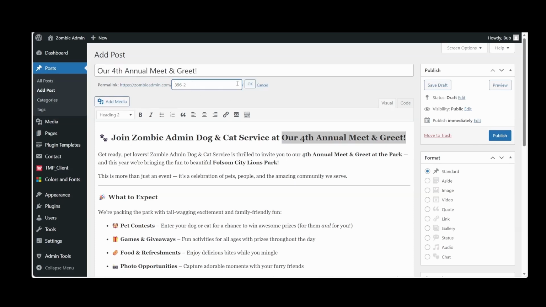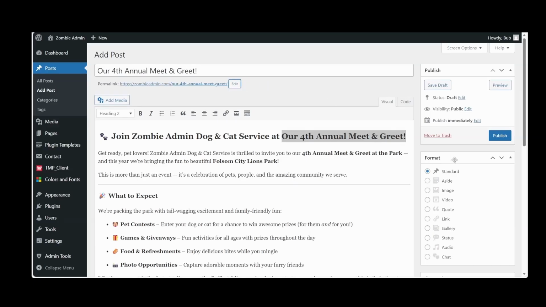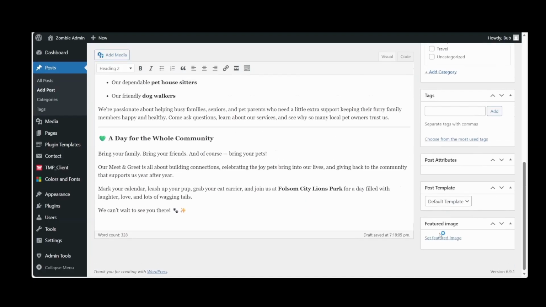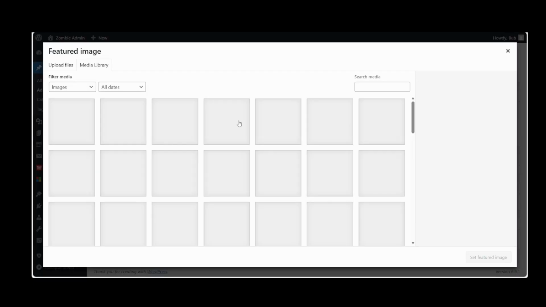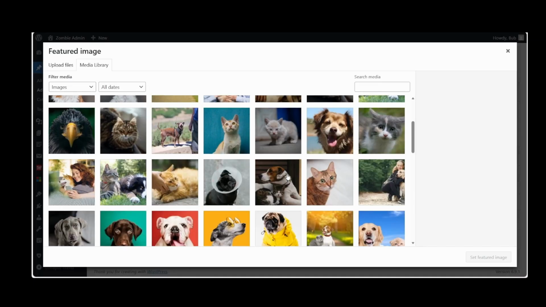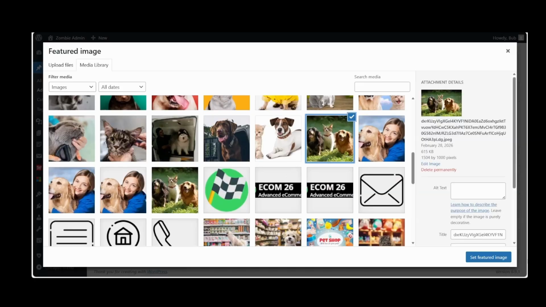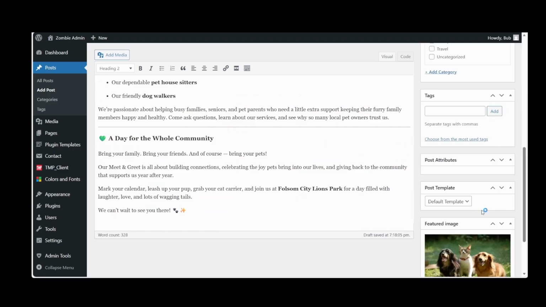Let's edit that. Let's come down here, and where is our pics? We'll add an image. That looks good. Let's set the image.